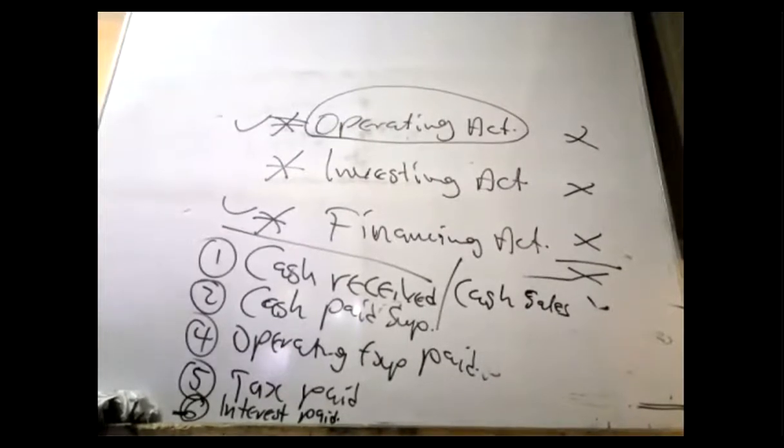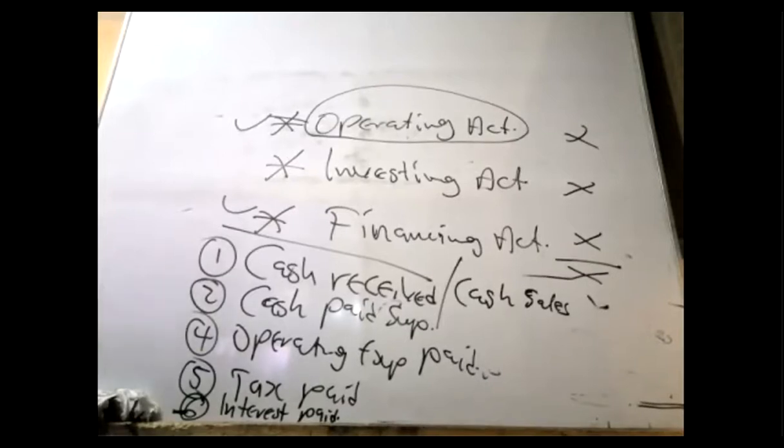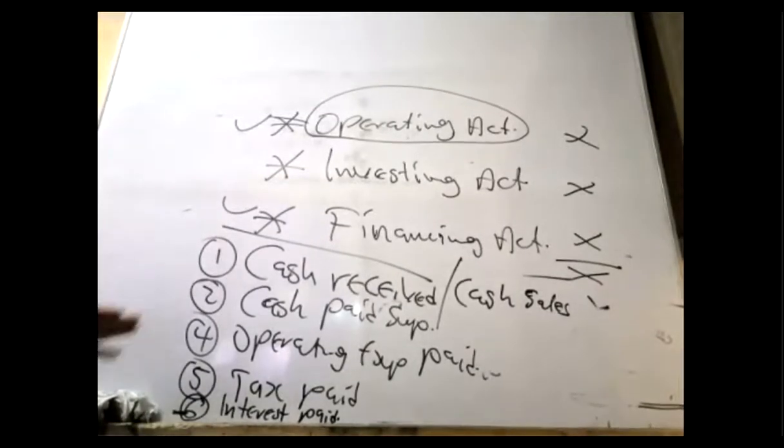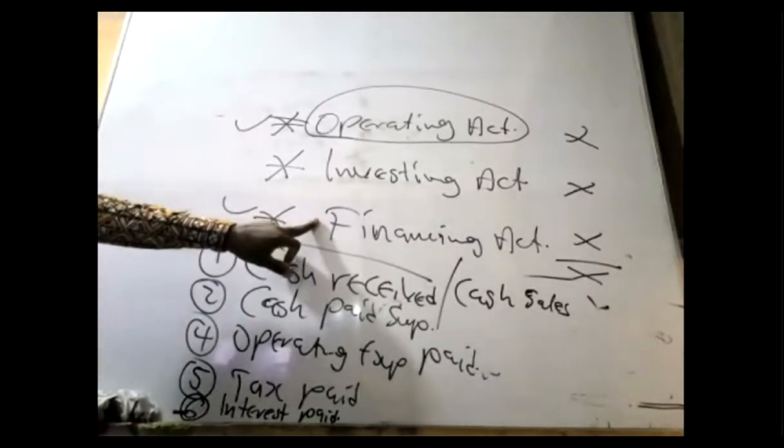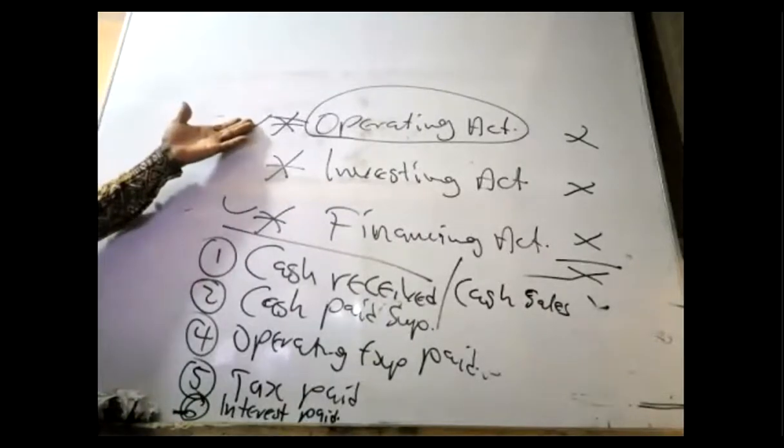For instance, financial institutions, usually banks and other loan service companies, interest payment is something that they do daily. So that one becomes what? A core activity. So it must be under operating. However, a manufacturing company or any company that only pays interest if it is going for what? A facility or advance or loan. For such a company, interest payments should be what? Financing. It's a financing activity, not an operating activity. Good.